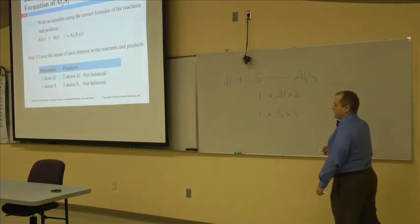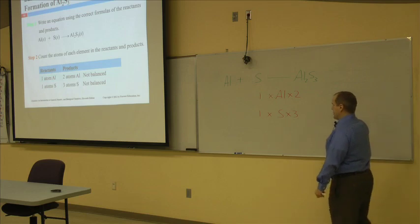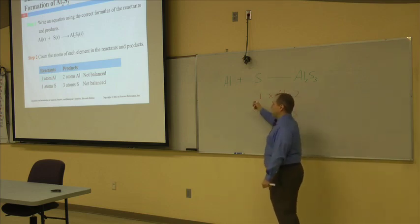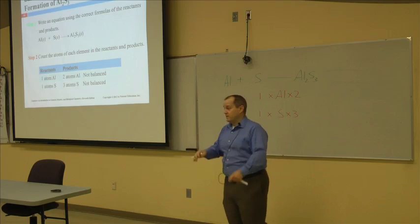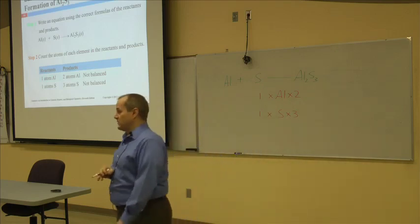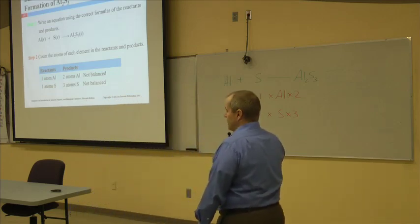Does everyone see how I did that? Yes. Now, we know it's not balanced because we have more aluminum on the right than we do on the left. We have more sulfur on the right than we do on the left. That's not good. That will cause a catastrophe of multitudes that we don't even want to fathom. So we have to fix this before the earth falls apart. Now, in order to fix it,